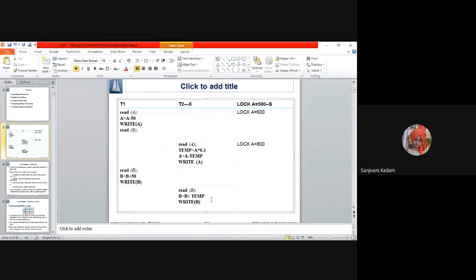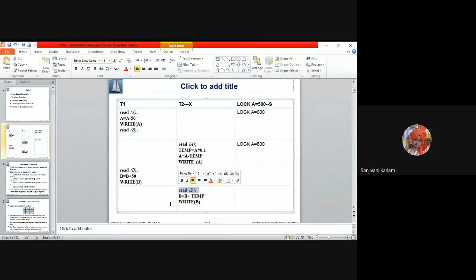So conflict means that we are able to exchange these two statements if the effect of one statement on the other does not matter. Otherwise we can check. For example, if this write operation and read operation, consider initially I'm having the value of b as 100. If 100 is the value, and 50 is added to the value, then this will read the value as 150. Okay, it means sequence matters.